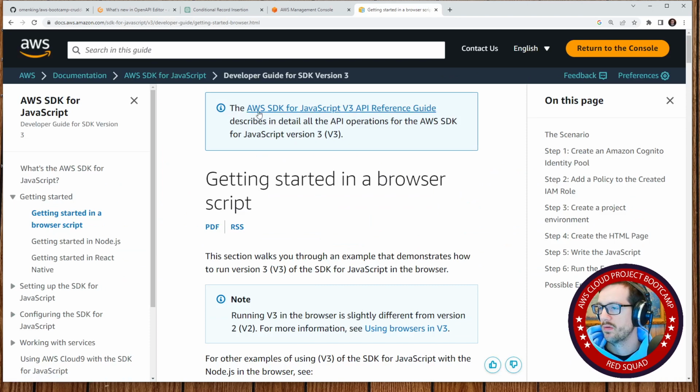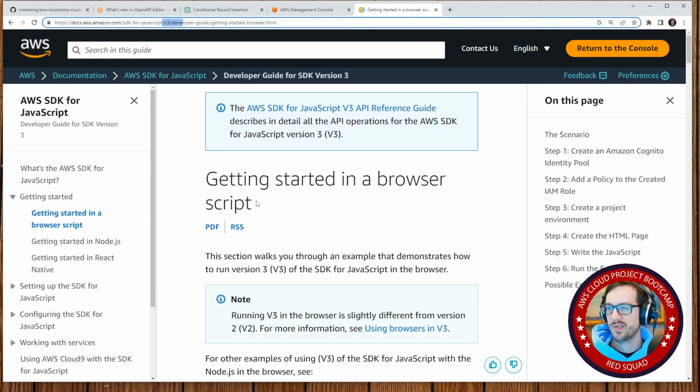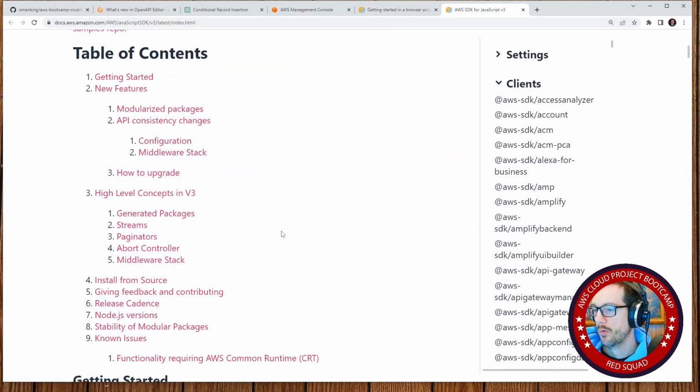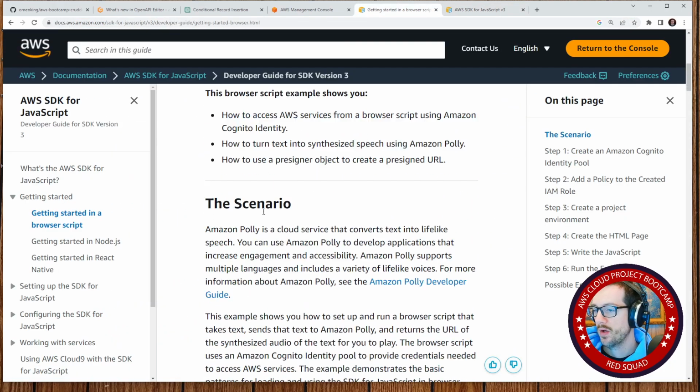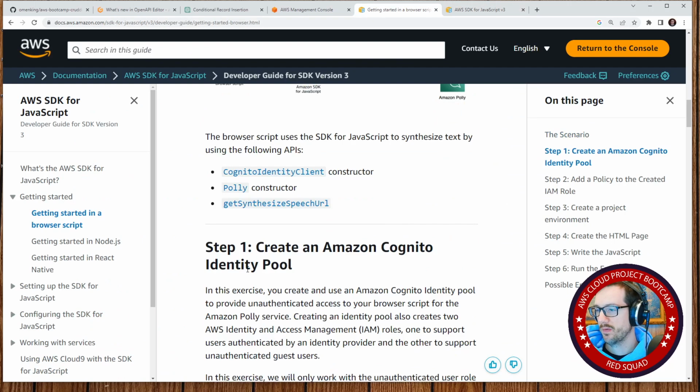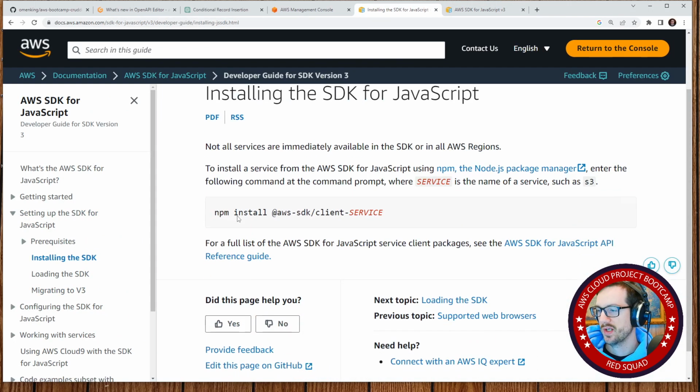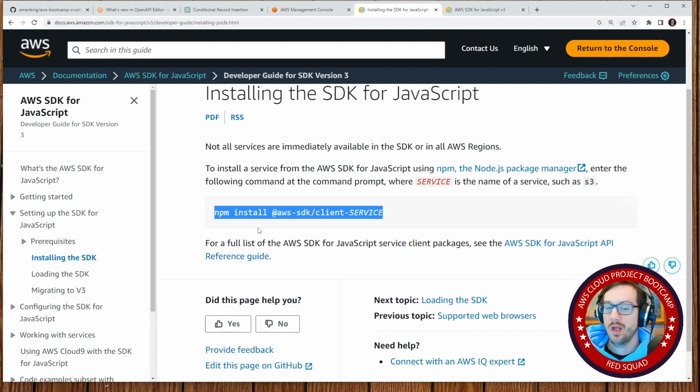And here it's saying the JavaScript version 3 reference guide describes in detail version 3. I'm just making sure that it is version 3. It says it's up there, so interesting that they have that there, but that could just be the reference, which might be enough for us to get started. Not that this would be hard for us to use. I don't really feel like I need instructions because it's going to be quite simply AWS SDK install like that. Yeah, so we've actually used this. We've already used this